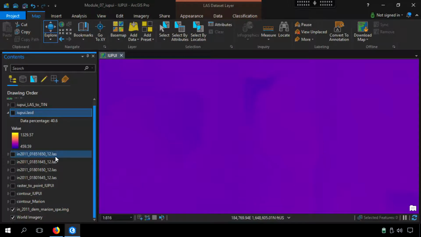And you can see different ways to represent the surface. Some are better than the others. And so LiDAR,